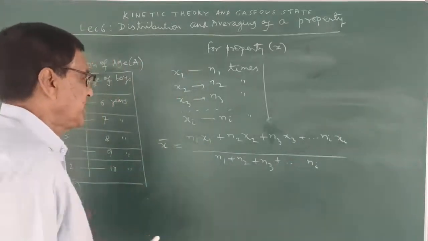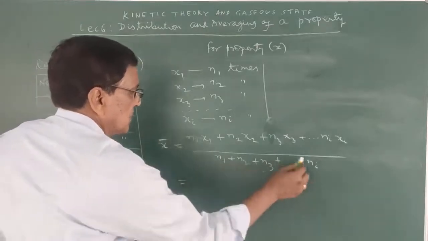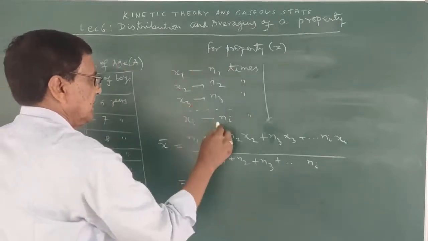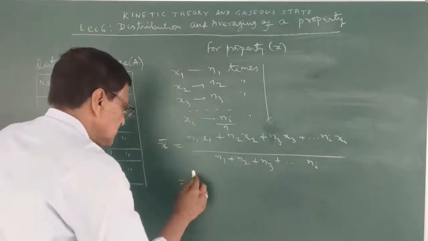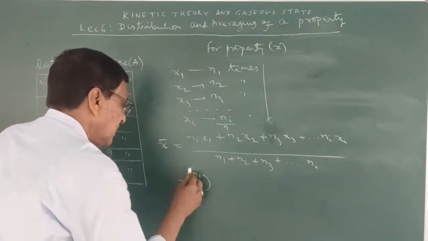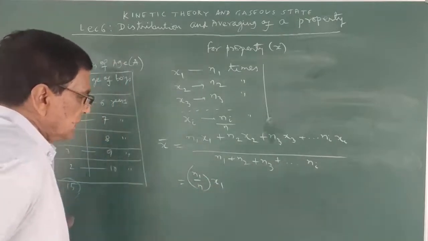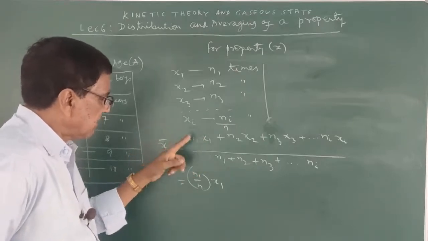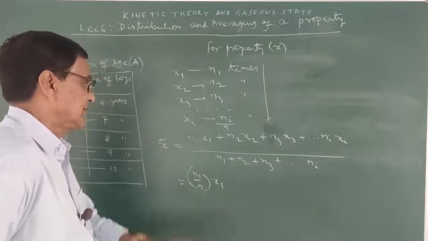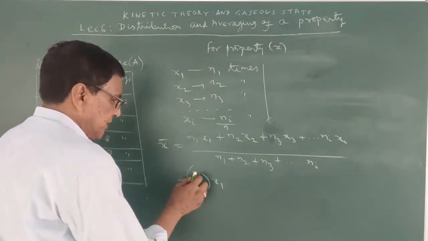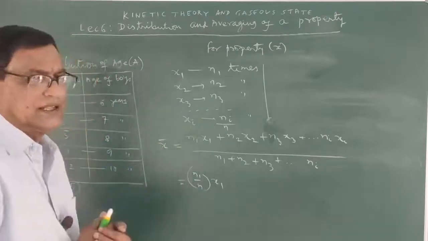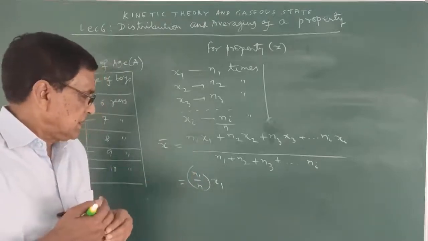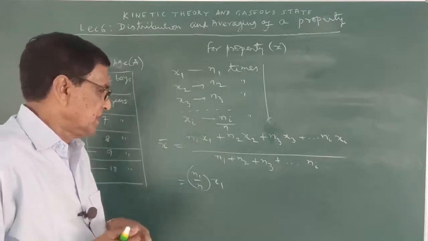So this you can write here. This value, suppose n, the total number of times coming, is equal to n. So this is n1 by n, we can write, into x1. n1 is the number of times coming, the number of outcomes coming of this value x1. So n1 by n, this is the favorable event, this is the total event, this is the probability. This term within the bracket is the probability of the system having the value x1,